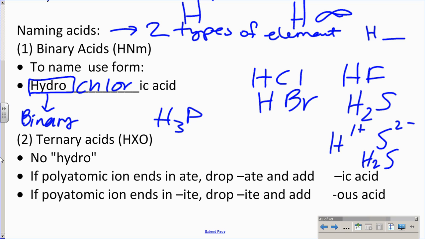Hydrophosphoric acid. Hydrophosphoric acid. It's cool. You can murder the names a little bit, as long as I hear hydro-ic acid, I'm good. Okay? Now, if you have a totally different type of acid, one that's bigger and better, you've got a